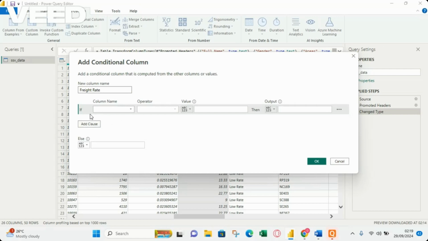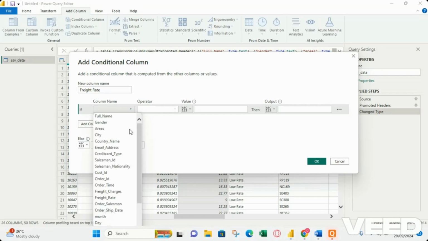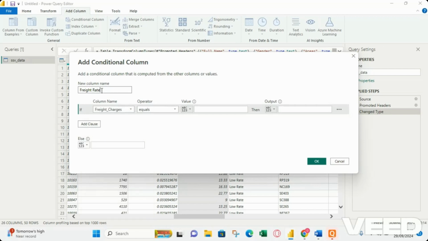And then we create our condition here. So we say if the column name, so we are looking at flight charges. Operator: here we can use equals, does not equal, is greater than. So if it is greater than 30, is greater than, so the value is 30,